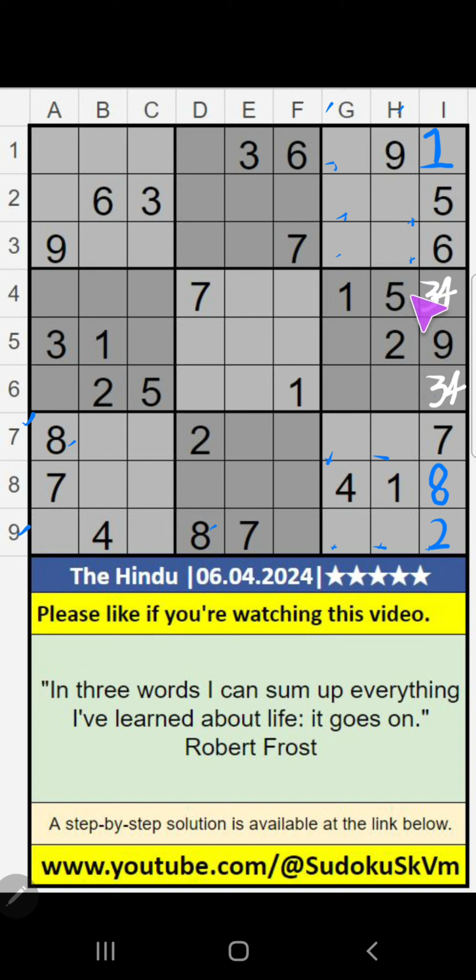In column H, we have 5 and 9, so 5 and 9 can't come in these cells. It will come in one of these cells. We will confirm later. In the ninth grid, 2 numbers are remaining, 3 and 6. It will come in one of these cells. We will confirm later. Column H,